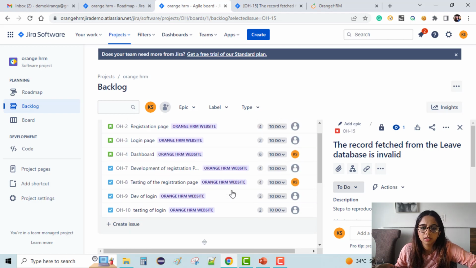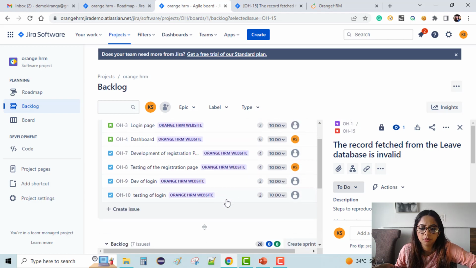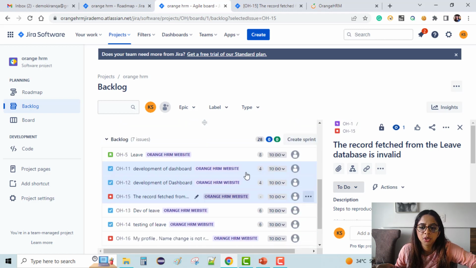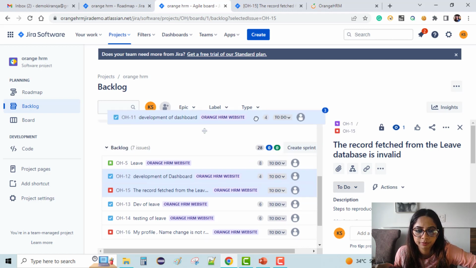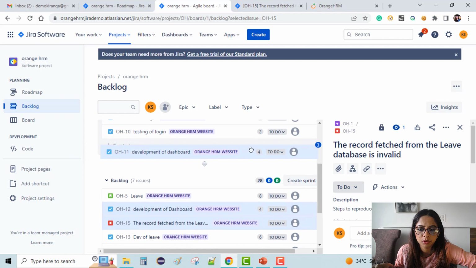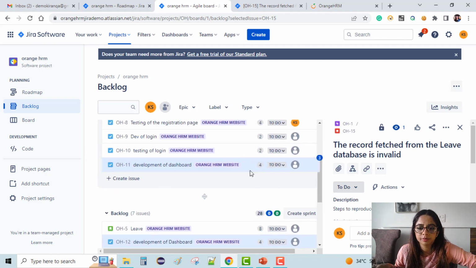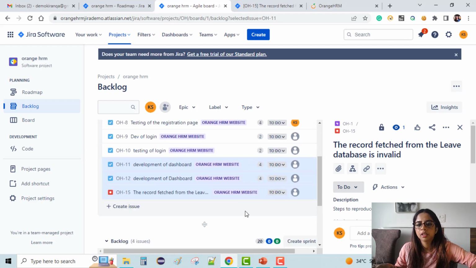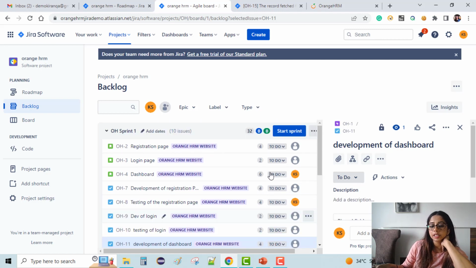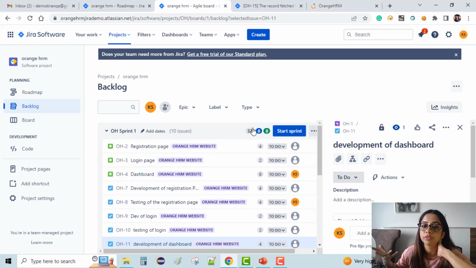Okay, I think it couldn't be dropped. I have to go a little more up. Just a second. Here we go. Here I have to drop actually. Fine. I think we are done. So we have 32 story pointers to achieve as a part of this sprint. So I can start the sprint from here, and the moment I start the sprint, I will be having some